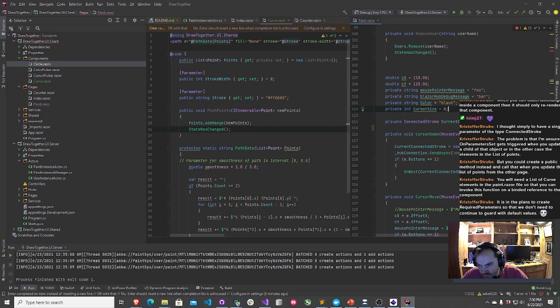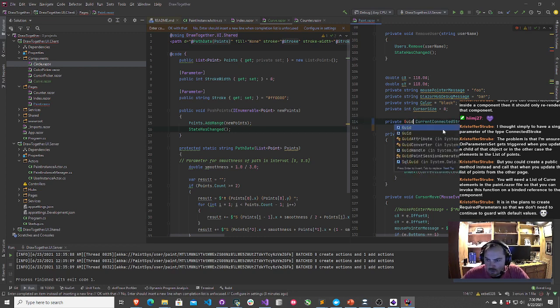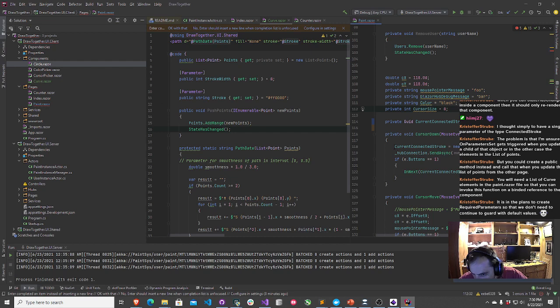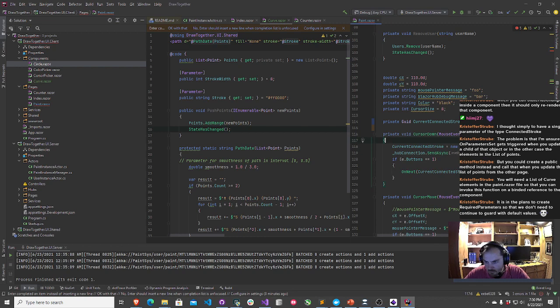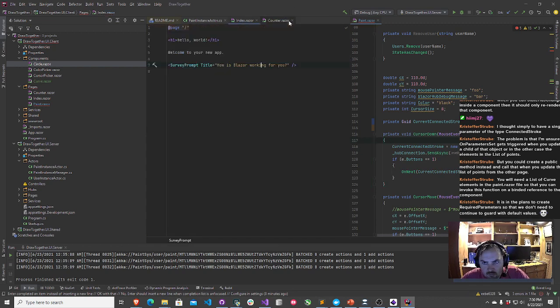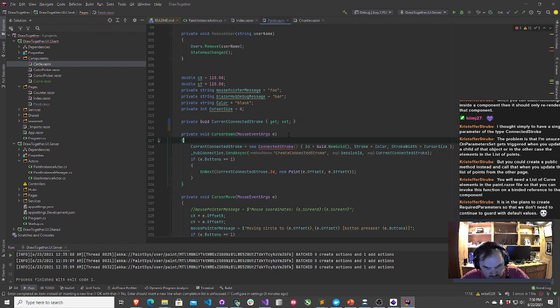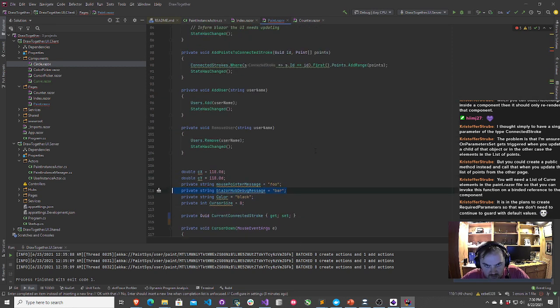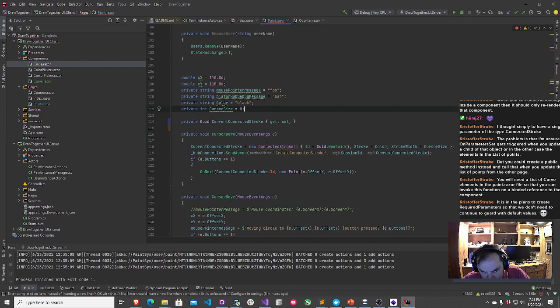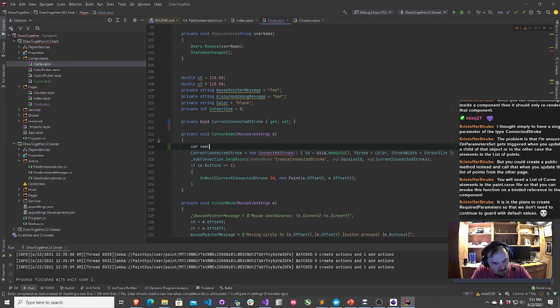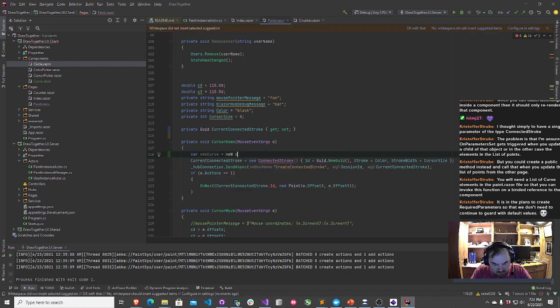You know, we should probably change that to a GUID. Current connected stroke. Actually, you know what? I think probably okay without that. Let me move this back. So we'll go ahead and store the GUID of the current curve that we're drawing. And we'll say var new curve, curve.